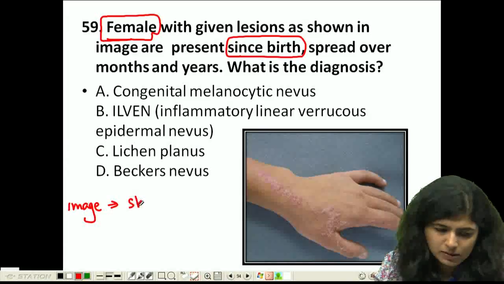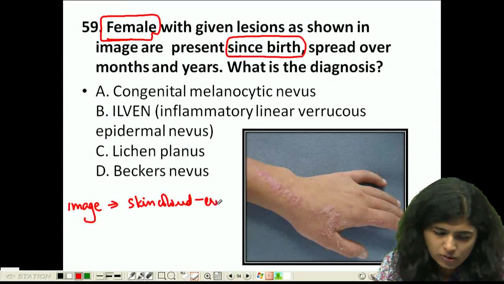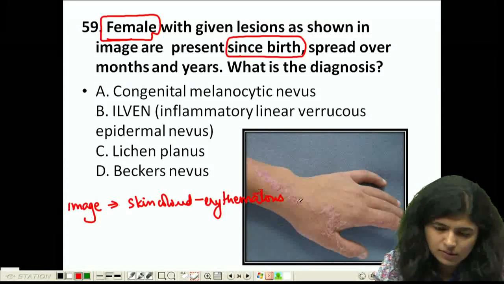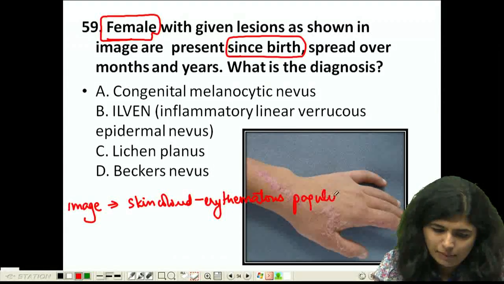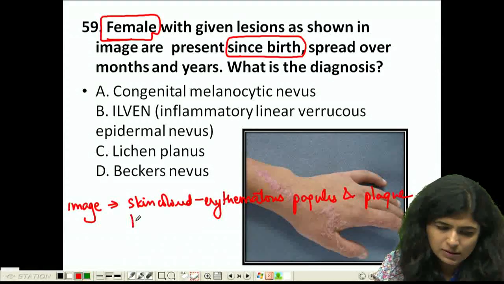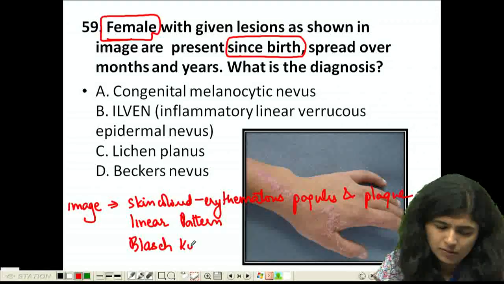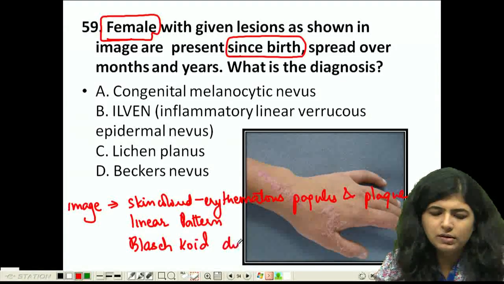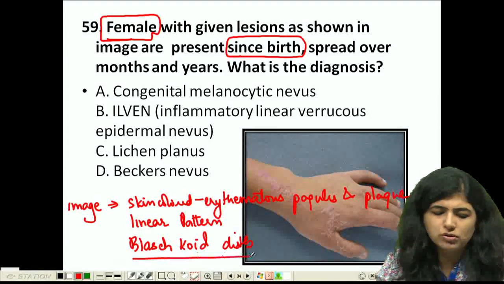You see multiple skin colored, erythematous papules and plaques present in a linear pattern along the blaschkoid distribution. So blaschkoid distribution, linear pattern,